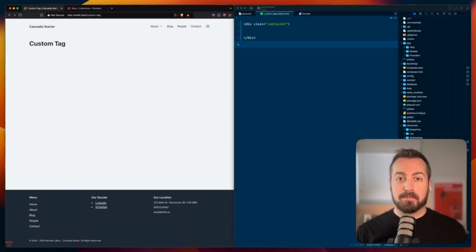My name is Michael. Today, I want to talk about custom tags in Statamic. Now, what's the purpose of a custom tag? Well, as we've seen with tags before, this is our way of interacting with the data in a Statamic project. We would use the collection tag, for example, to retrieve our data from our different collections, or taxonomies, or images,